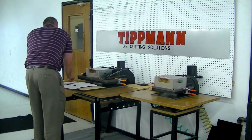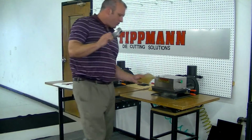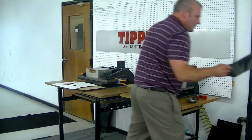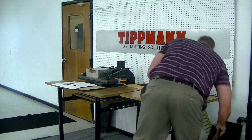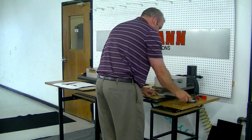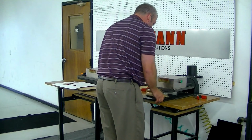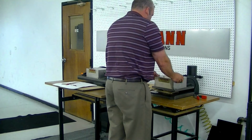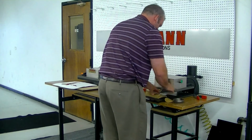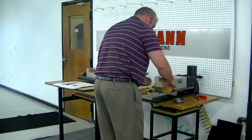Now, the third type of die I'm going to demonstrate is the forged die. Again, also called a feed-through die. We'll demonstrate this die blade down. So we'll take the material, we will set it on top of the board, set the die on top of the material, slide it in, and click it out. And you see we get a nice